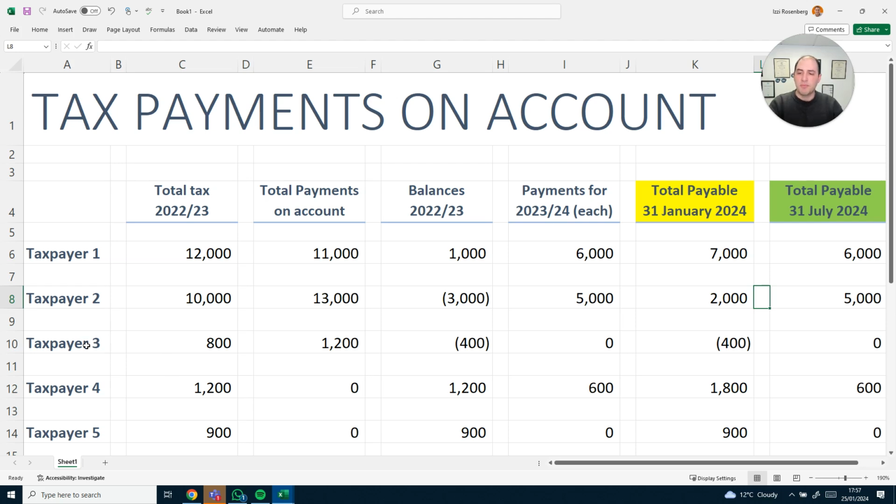Now heading over to taxpayer number 3. The tax bill here is a little bit more modest. Tax bill is £800. They've made payments on account in 2023 of £1,200, so they've got a refund due to them of £400. Now, because their tax bill is below £1,000, they fall out of the payments on account scheme,